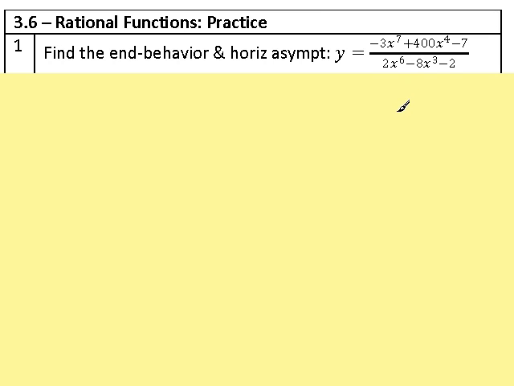In number 1, we want to find the end behavior and horizontal asymptotes of this rational function. So the end behavior depends on the term with the highest exponent, that's called the highest order term, in the numerator, and the highest order term, that's the term with the highest exponent, in the denominator. All right, so we say as x goes to infinity, that's on the right,